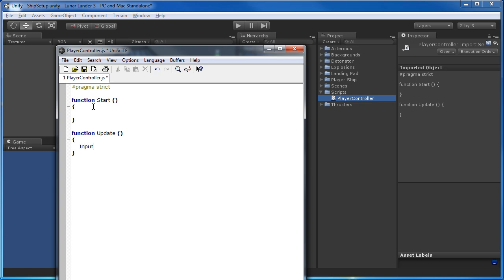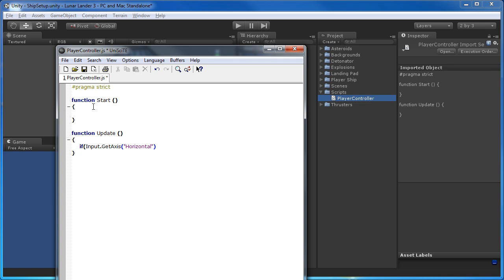So input.getAxis, and we'll start with horizontal. So input.getAxis horizontal, and I actually want to make this an if statement because we want to check if this is happening. So if,